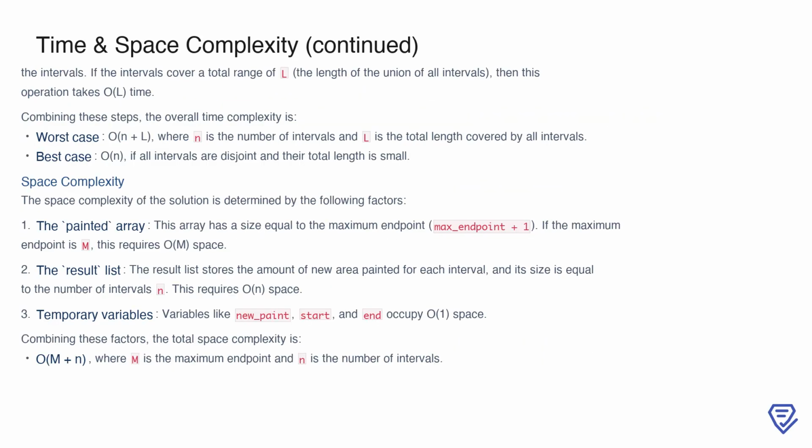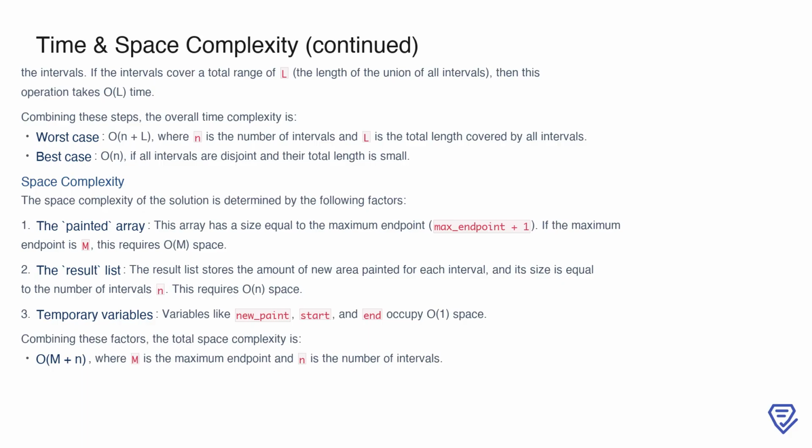Now, combining these two steps, the overall time complexity of the solution is O(n) plus L. In the best case scenario, where the intervals are disjoint and their total length L is small, the time complexity reduces to O(n). For the space complexity, the most significant factor is the painted array, which has a size based on the